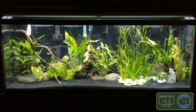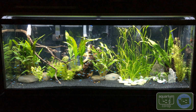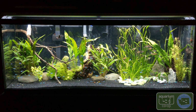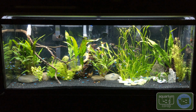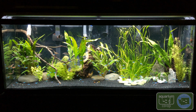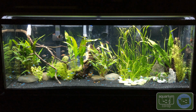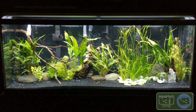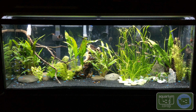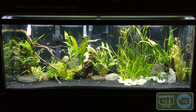Right now, the lighting is just the stock T8 fluorescent light bulb that comes with the 55-gallon tank that you normally buy. And it's pretty good. I've had this light bulb for about a year now, so it probably needs to be changed. I usually just get the cheap bulbs from Lowe's or Home Depot, and that does pretty well for plants. Now I'm going to turn off the fluorescent light,